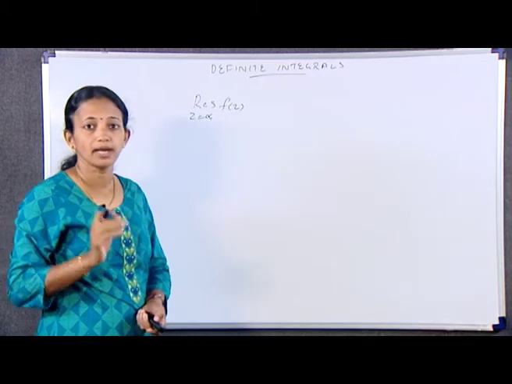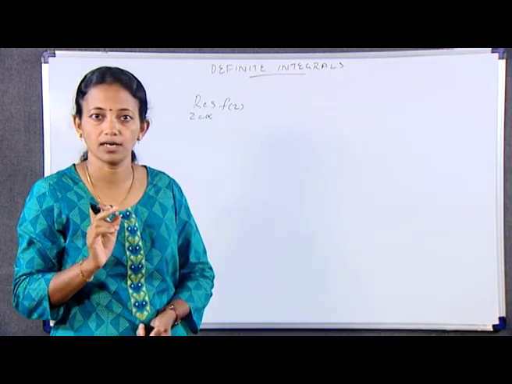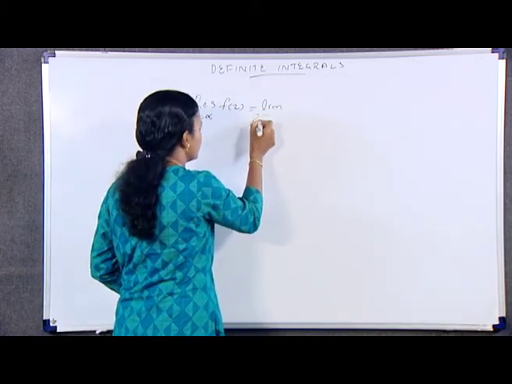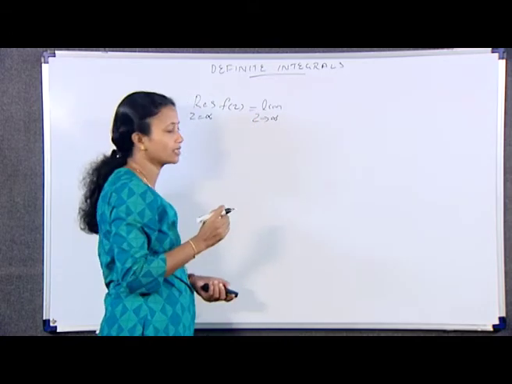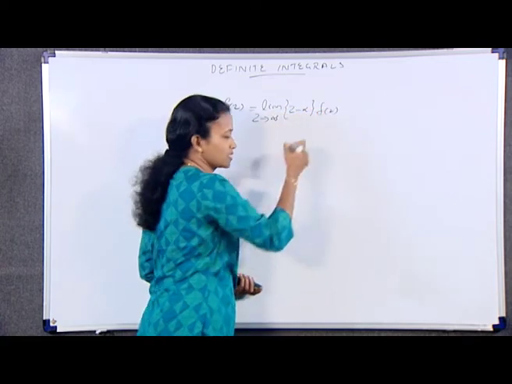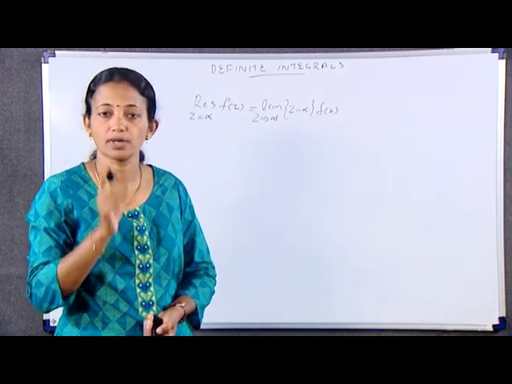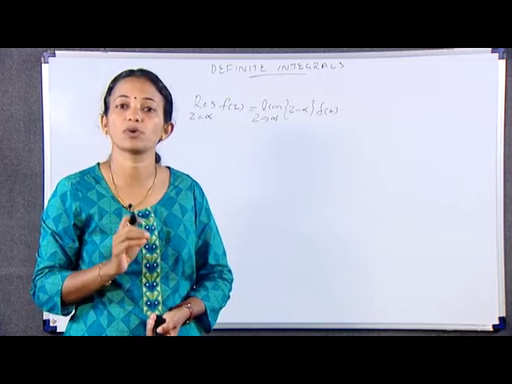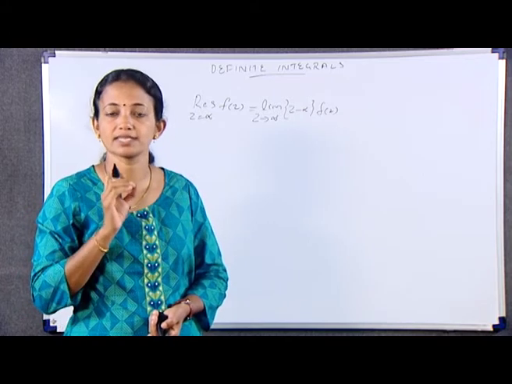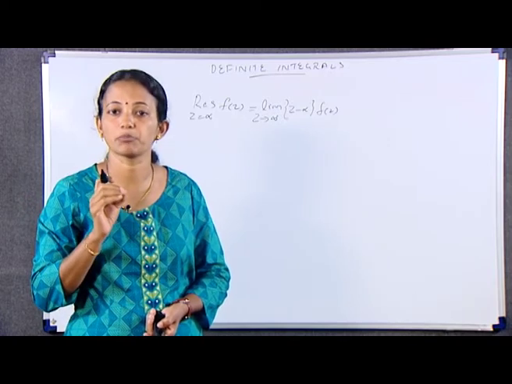That is, residue at z equal to alpha of f(z) is equal to limit z tending to alpha of (z minus alpha) into f(z). This is equal to limit z tending to alpha of (z minus alpha) into, what is our f(z)? f(z) is 1 by b into z square plus 2a by b z plus 1, which is equal to limit z tending to alpha of (z minus alpha) into 1 by b into (z minus alpha) into (z minus beta).